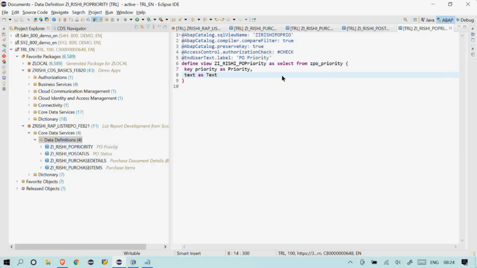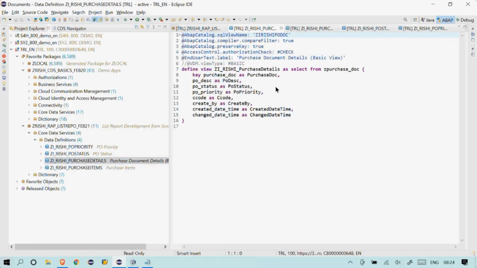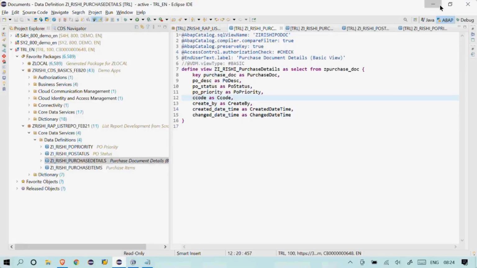So on top of this, we'll start with creating the association. So we'll associate the information from the purchase details. From here, we'll add all the information. I'm going to show you what kind of information I'm going to add, and what kind of annotation we are supposed to add also. We are done with the basic part here.